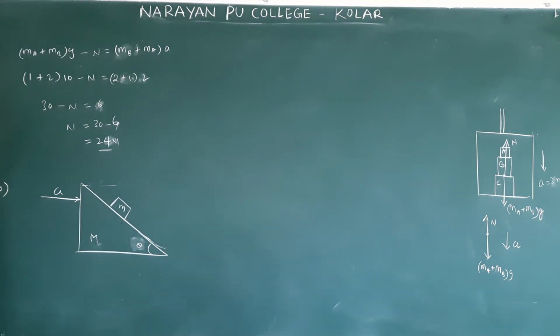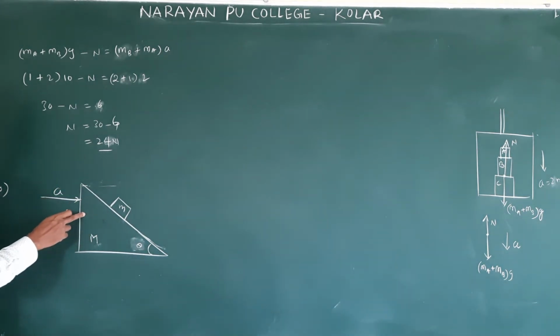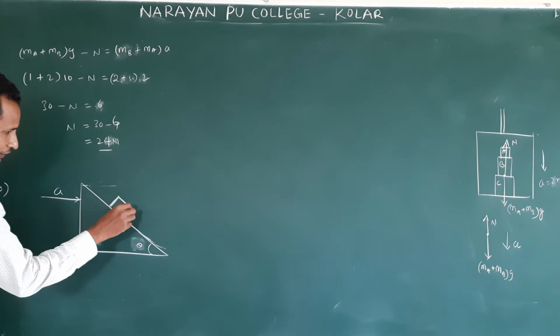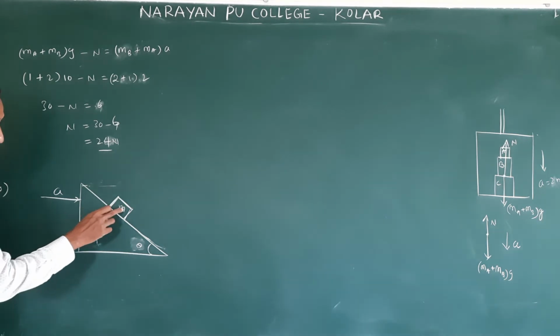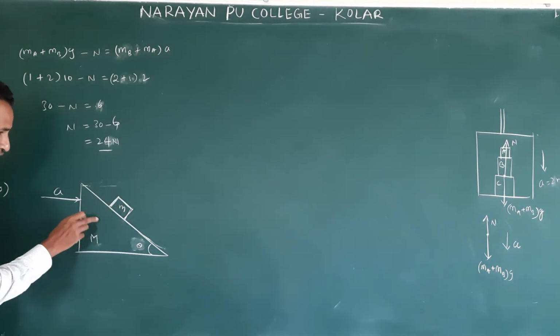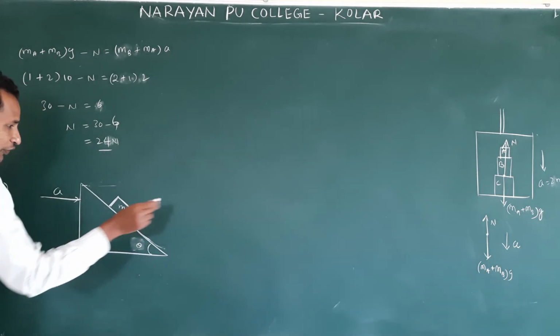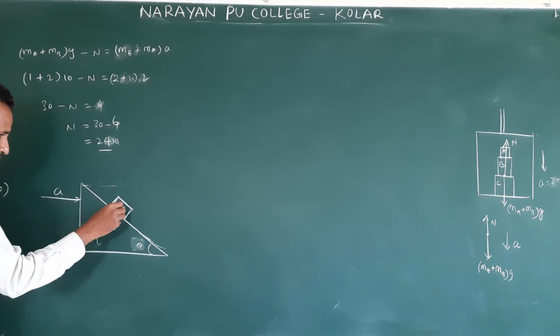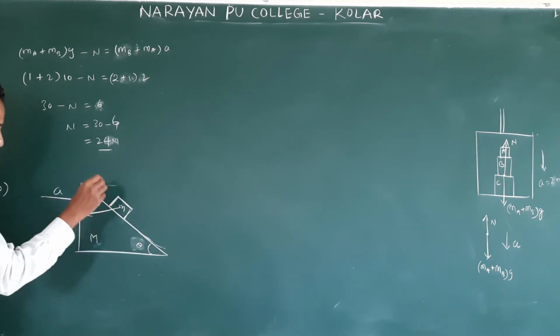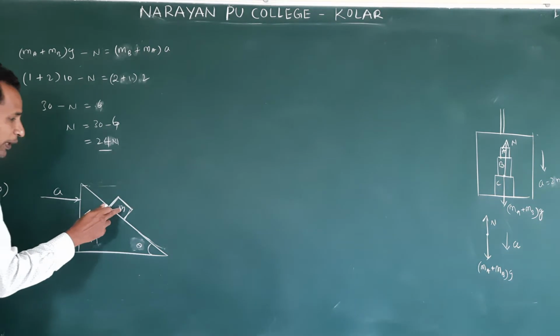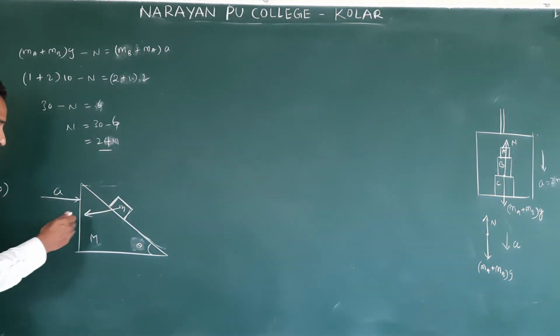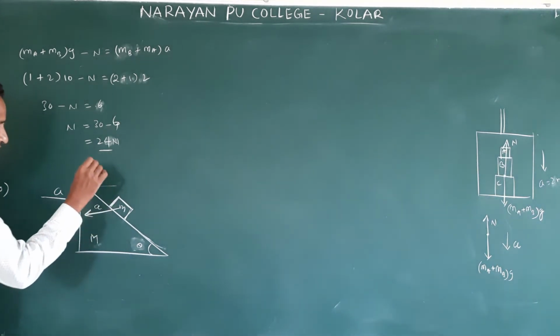Then what happens when we push this, when we accelerate? We are giving the acceleration to this block, not to this block. So this suddenly moves forward with an acceleration, and this experiences the same acceleration in the opposite direction. See, when a bus suddenly moves forward, where will we fall? We fall back. Like that, this block also moves back. It experiences a pseudo force, that is what we call it. Clear? So this acceleration A.